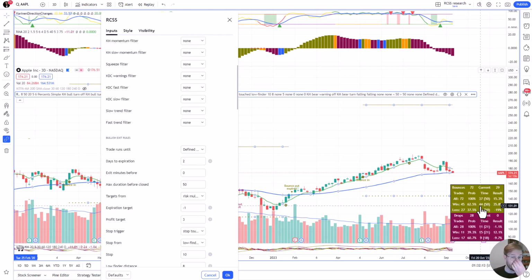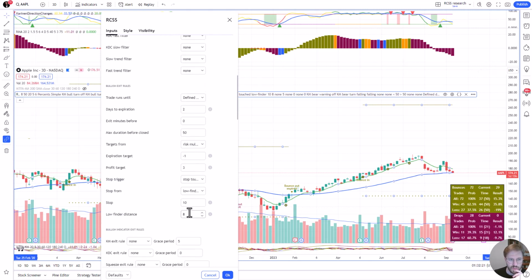132 days on average, while the losses are a bit quicker. 19% loss on average. Would I be happy to take that? I'm not sure. I'm not sure if I would. Let's see what happens if I reduce the stop. Let's say, let's put 8%. The win probability, 63%,